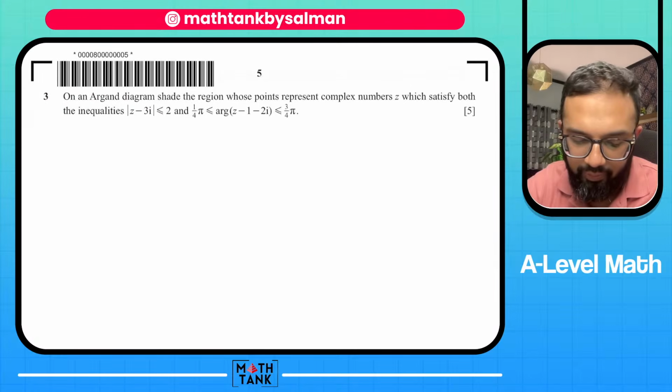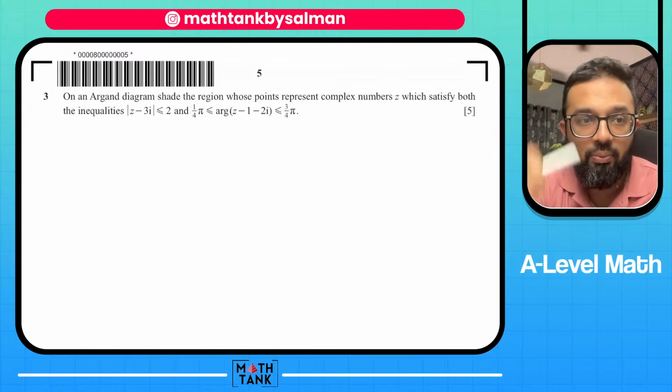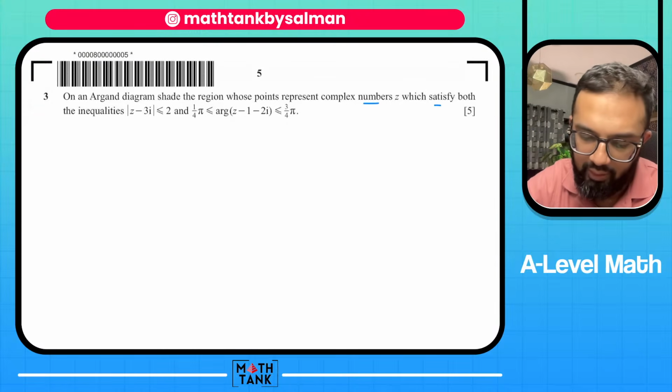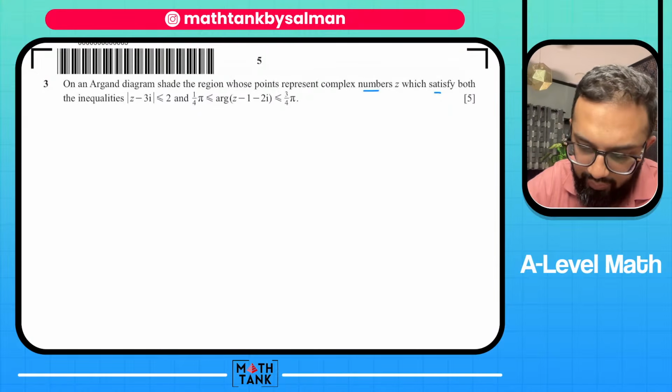Okay, question number 3. On an Argand diagram, shade the region whose points represent complex numbers z which satisfy both inequalities. Now this is something that I haven't taught so far in my classes, but since it's part of the yearly paper and I am recording this as well, I will solve this. Okay. Let's say